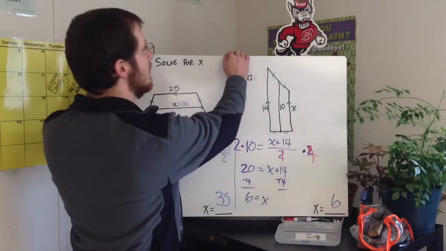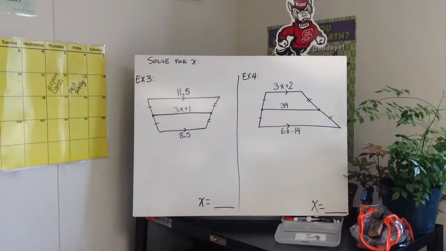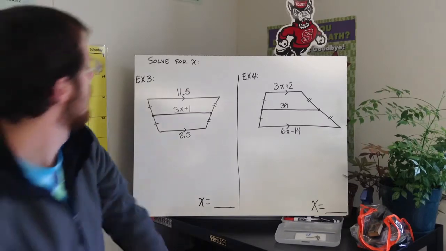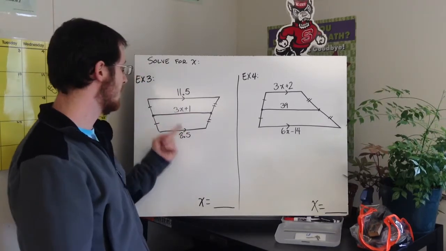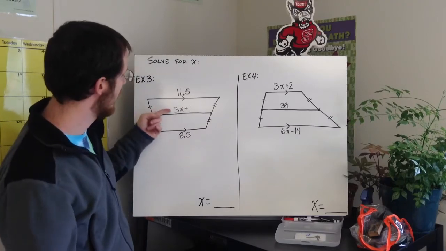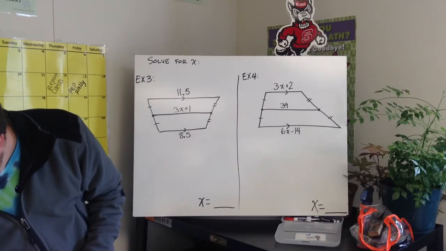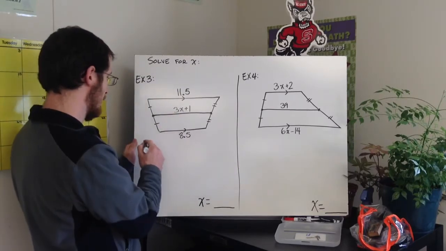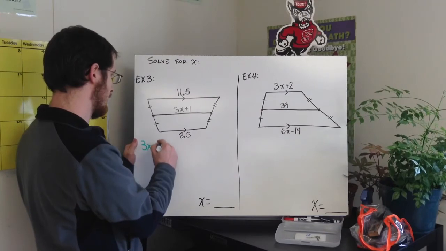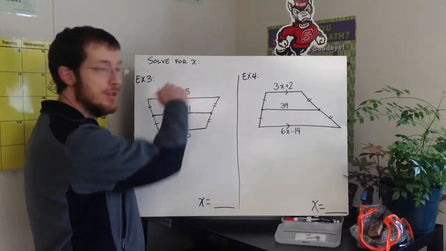All right, let's look at 2 more examples. Okay, example number 3. Again, we're solving for x. We've got a trapezoid, we've got a midsegment, and we've got the lengths of the two bases. Okay, so let's set it up the same way. Our midsegment, so you've got to be able to identify your midsegment. Set that equal to the average of the two bases, so